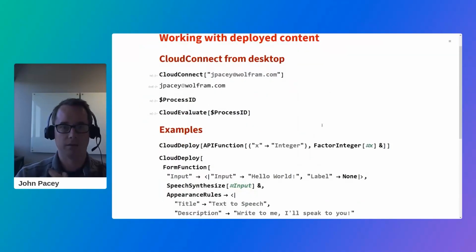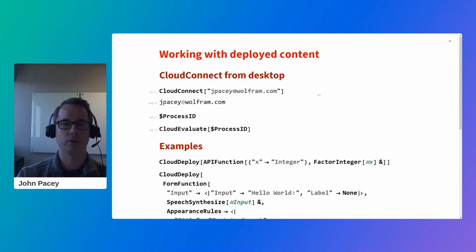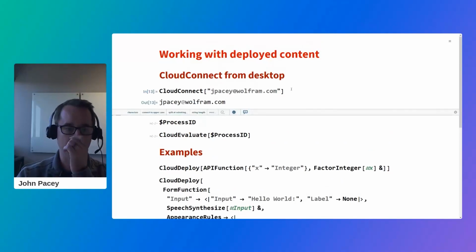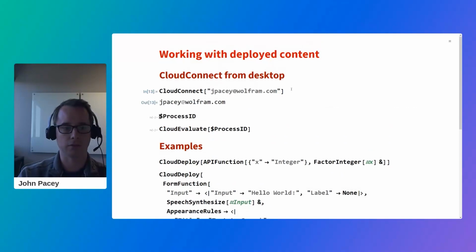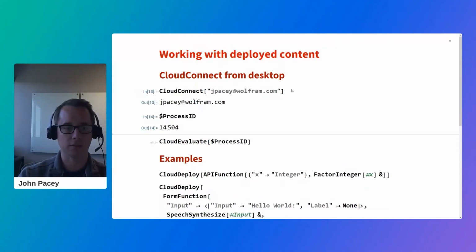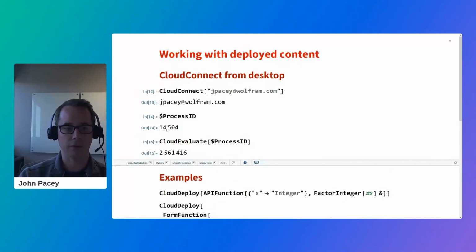And again, just another example of working with deployed content from desktop. So I can cloud connect again in my desktop notebook here, and just to prove this to you, the process ID is this. And if I cloud evaluate, this is basically sending off $process ID to be evaluated in a cloud kernel, so not on my machine. And it'll return back with something different, again, as I've showed before. So then again, it's really built to be utilized in a hybrid way in combination with using desktop,